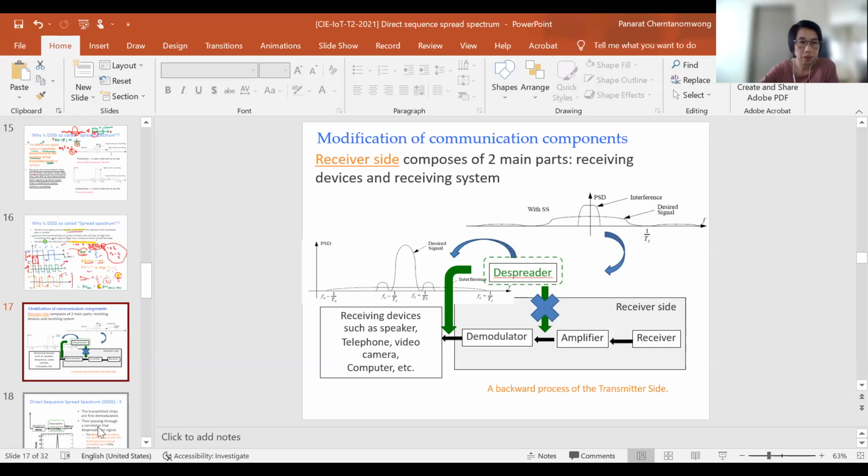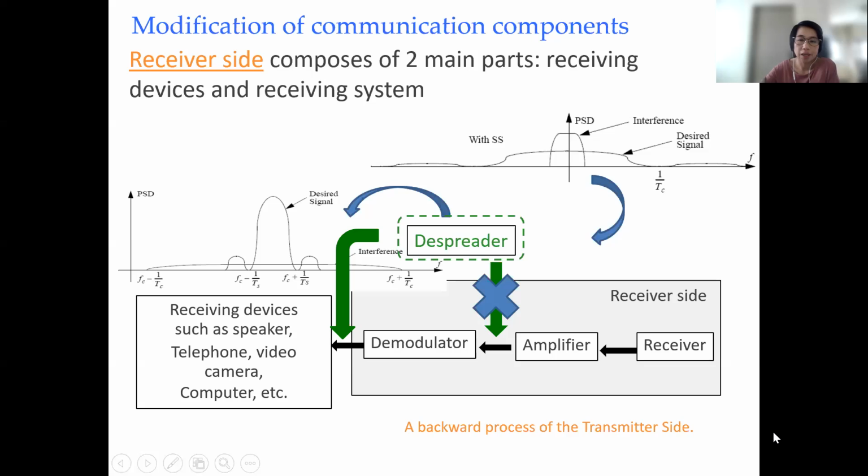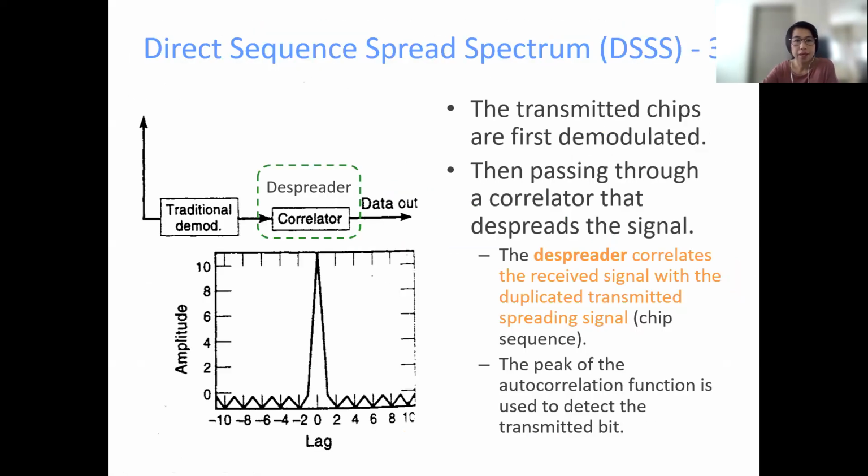the transmitter does. And then on the receiver side, we do the reverse. After receiving the signal, we do some amplification and then demodulate it, and then use a code to turn the chips back into the original data, right? So it just does the reverse process. Okay, and here is the